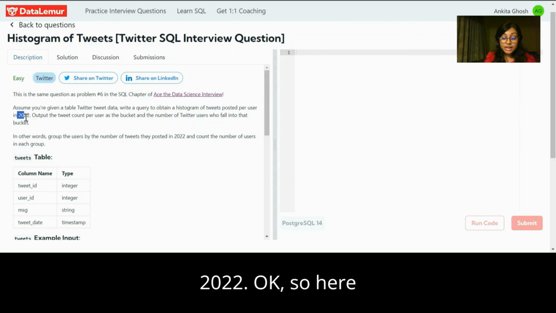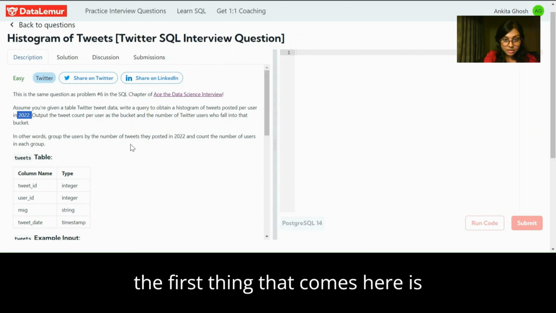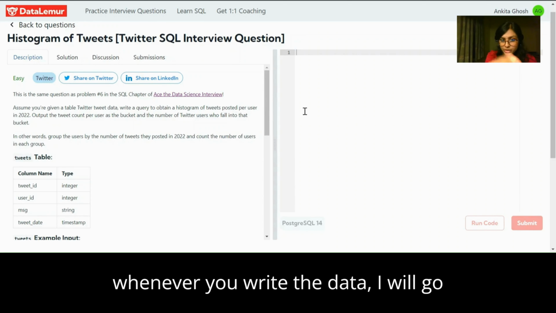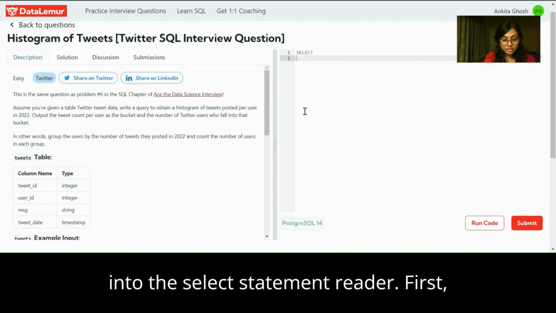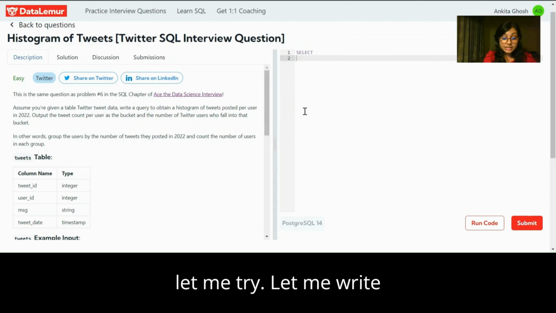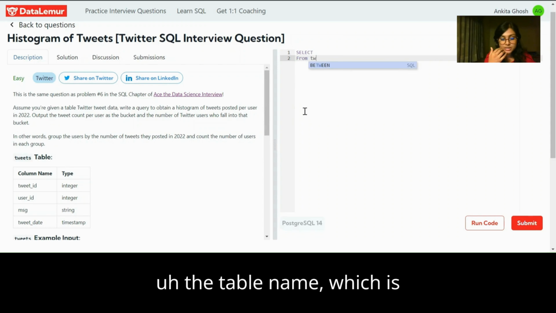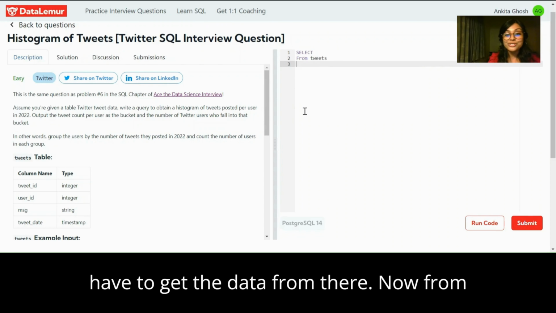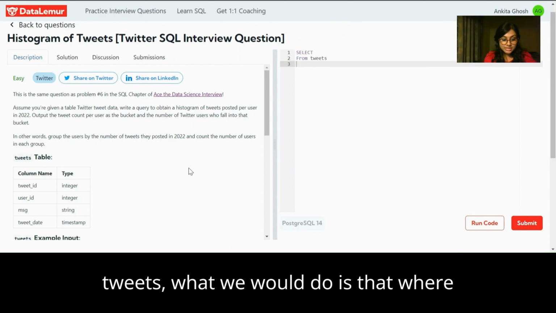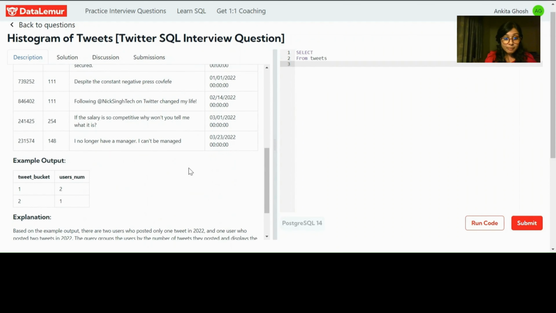Is that, write a query to obtain a histogram of tweets posted per user in 2022. Okay, so here the first thing that comes here is whenever you write the data, I will go into the select statement later. First, let me write the table name, which is essential. There's only one table, so we have to get the data from there. Now from tweets, what we would do is that where my